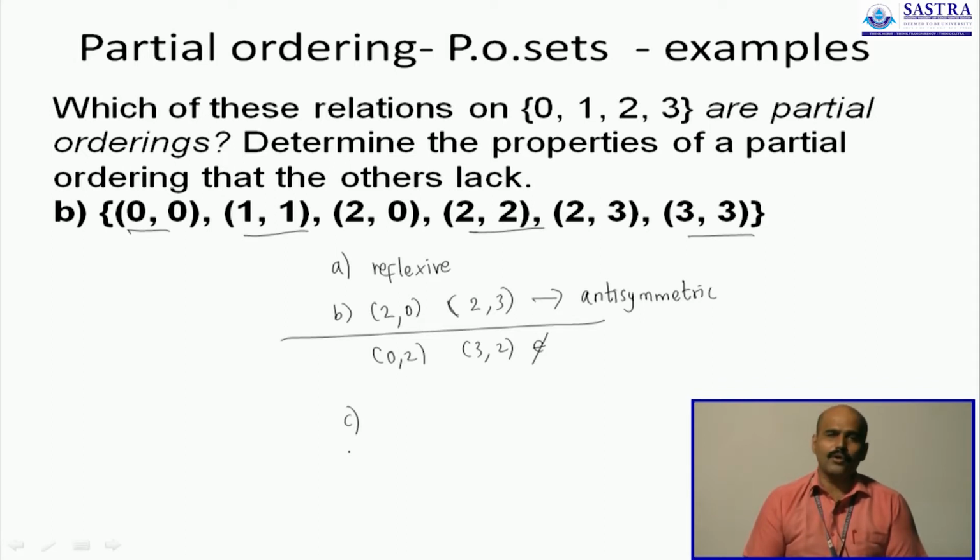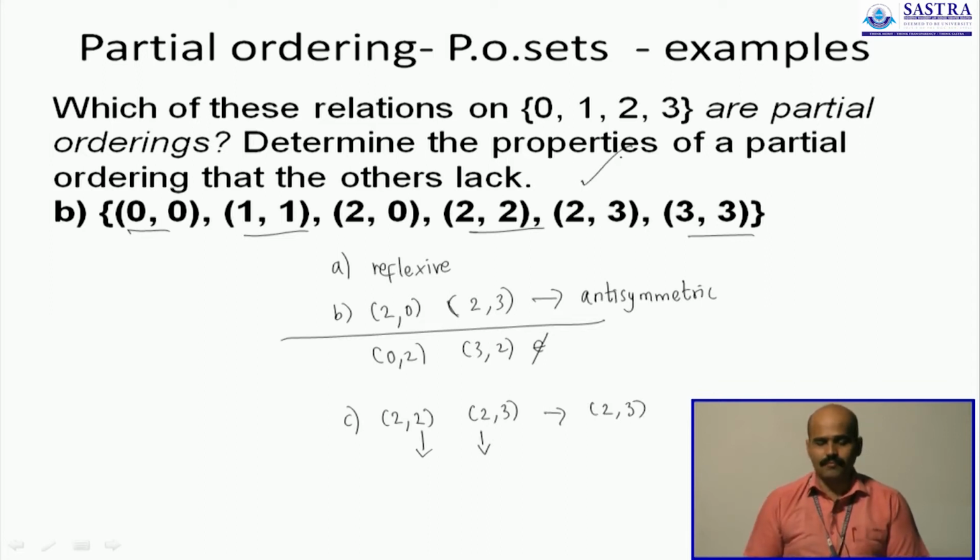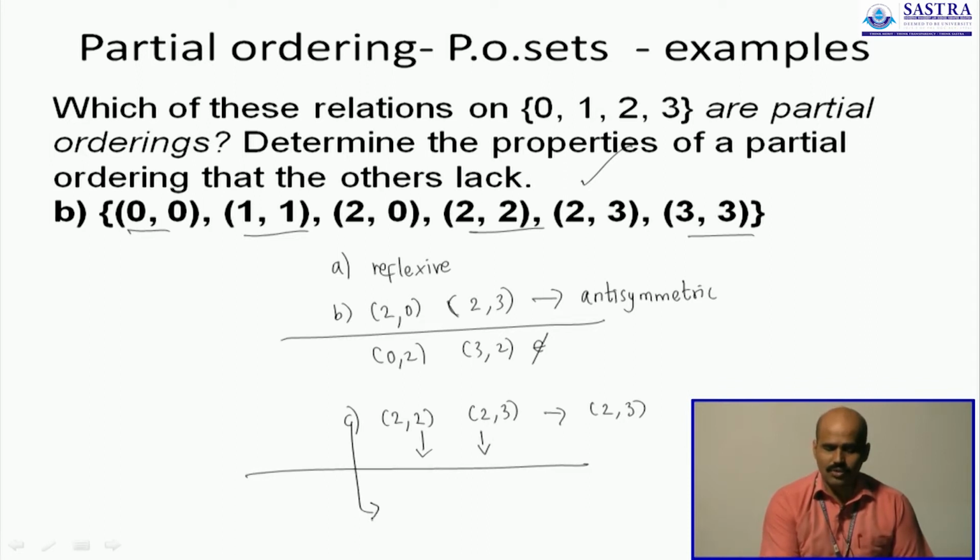Looking at transitive, we will look at 3 elements A, B, C, and whenever we have both A, B and B, C present in the relation, this should also imply that the pair A, C is part of the relation. Examining that part, we see that we have 2, 0, we have 2, 2 and 2, 3. These 2 elements are the same. This should imply that the pair 2, 3 is also present, and that is present. We don't find any other example to say that this cannot be transitive, therefore our relation is also transitive.